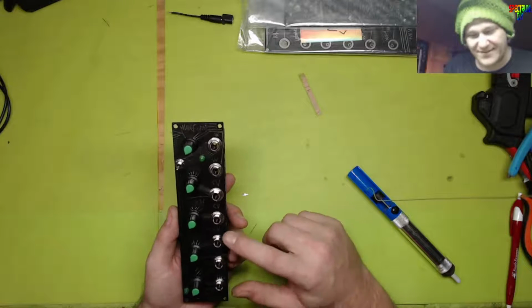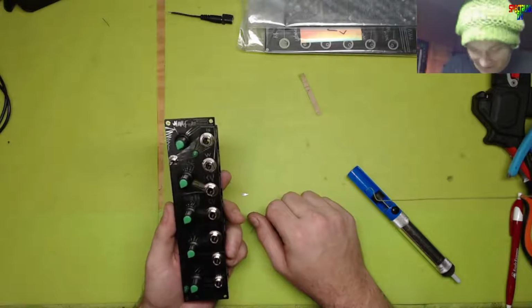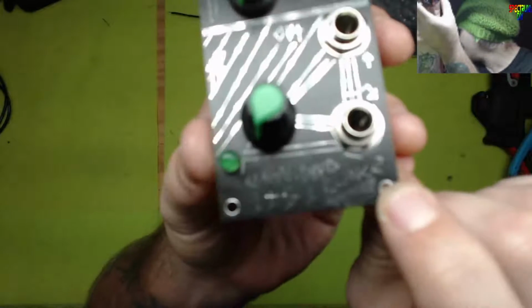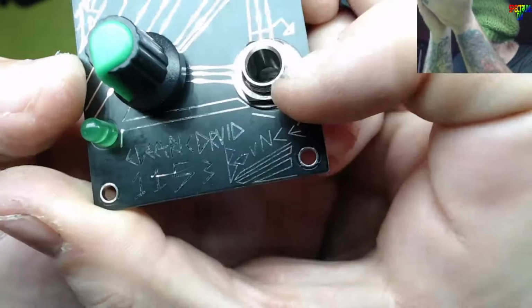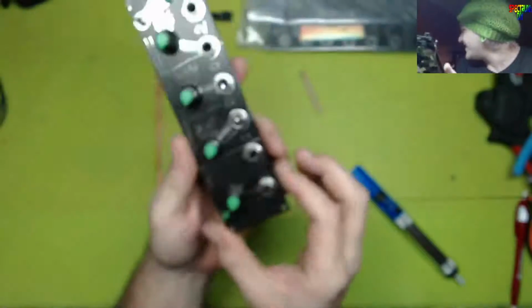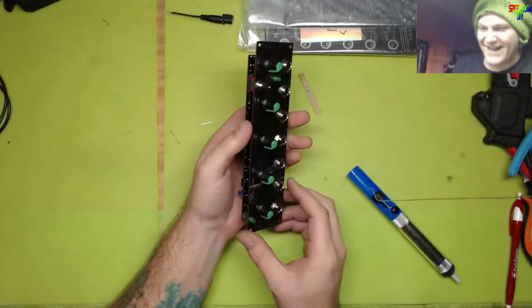So that's awesome. We have us a new module called the bounce, bounce, bounce. And if you look down here, it actually says bounce to the 7th. You're not going to be able to see that easily, huh? There it is. Bounce to the 7th. I think that's pretty cool. So, yeah. The next module,